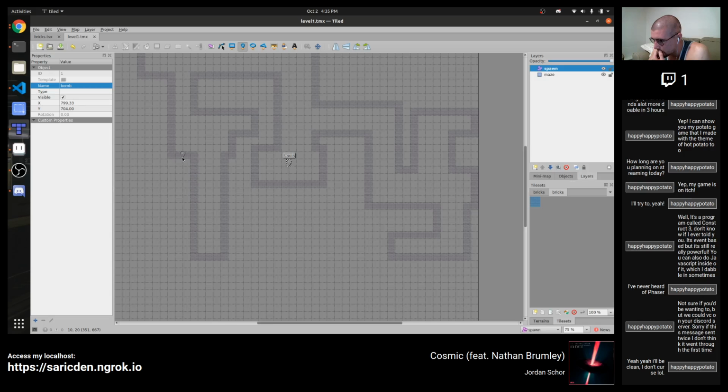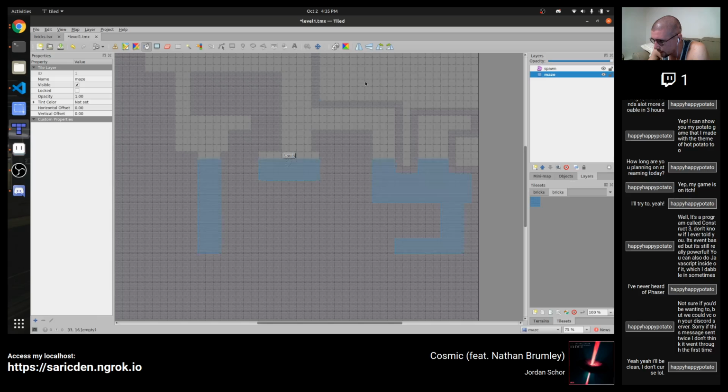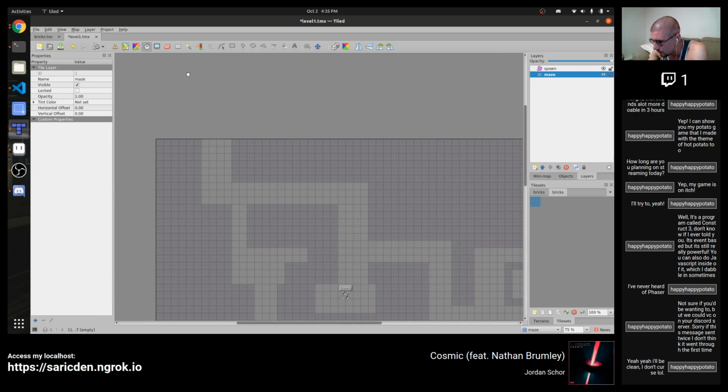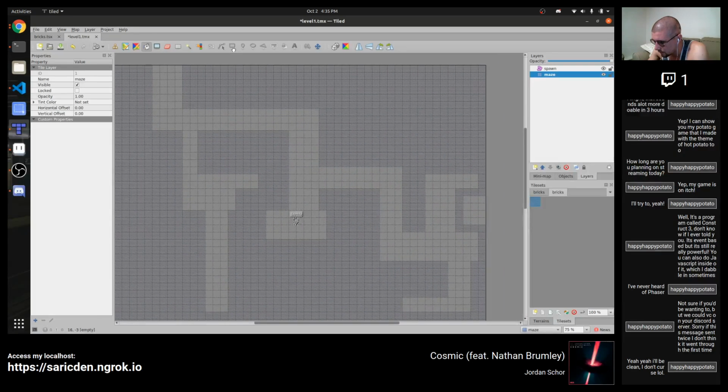Let's see. You know what? Do you think we should leave the walls just skinny walls like that, or should I fill it in and have it a bit more solid around the outside? Where's the fill tool? What am I looking for? Oh, wrong layer. Like that versus that. Probably filled in, hey? Probably filled in because